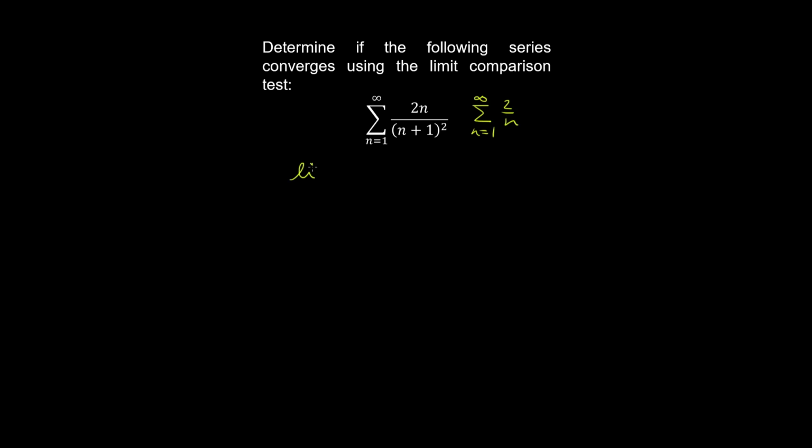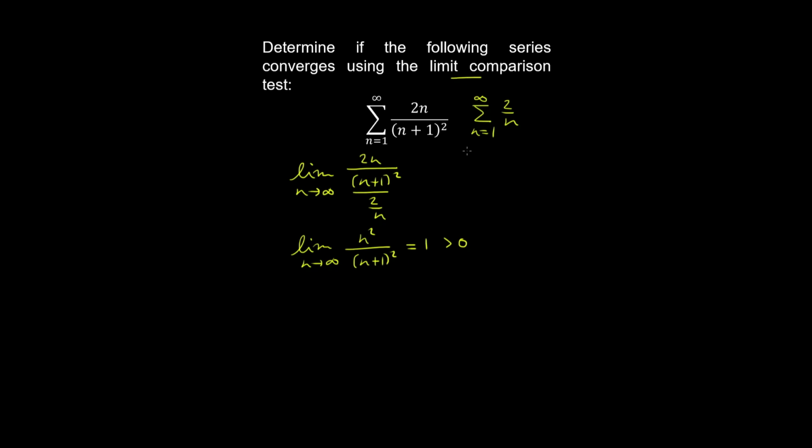And now we take the limit as n approaches infinity of the ratio of both terms in those series. So using a bit of algebra, this can be written as follows, which evaluates to 1, which is greater than 0, so rule 1 of this test applies,